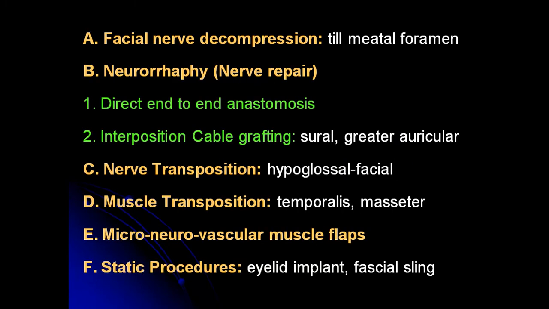So facial nerve decompression. What are the ways that you can treat facial nerve palsy? For example, you can go for decompression, up to the meatal foramen. You have to decompress. Neurorrhaphy, that is nerve repair. How can you repair the nerve? If there is a cut of the nerve, you can just do an end-to-end anastomosis. Or else, if two parts are there like this and there is a gap in between,